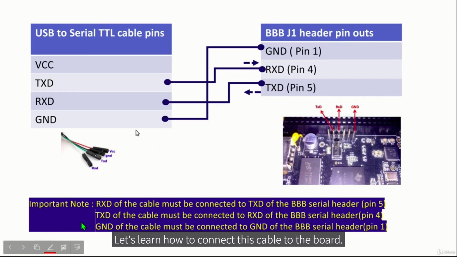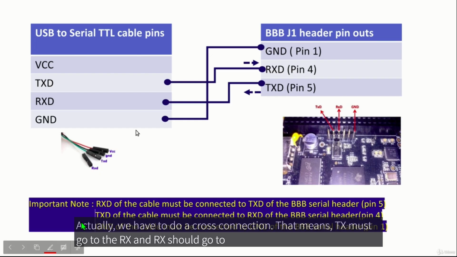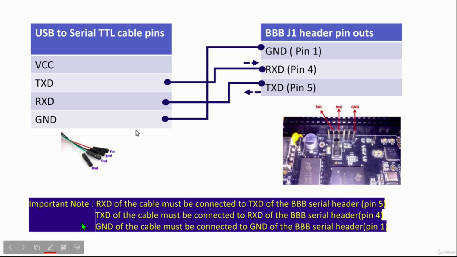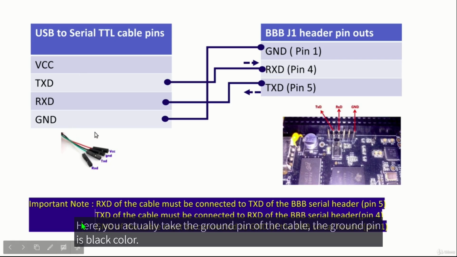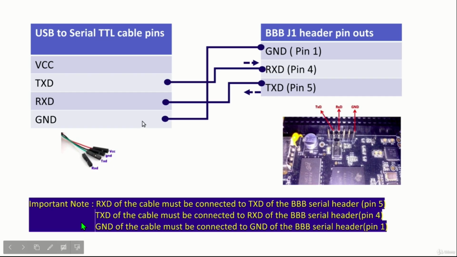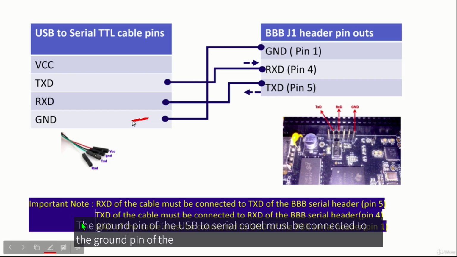Let's learn how to connect this cable to the board. Actually, you have to do a cross connection. That means TX must go to the RX and RX should go to the TX. Here you take the ground pin of the cable. The ground pin is black color. The ground pin of the USB to serial cable must be connected to the ground pin of the